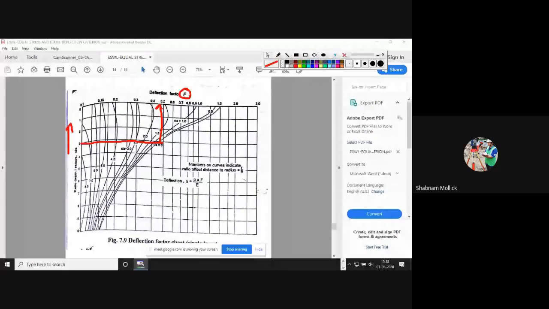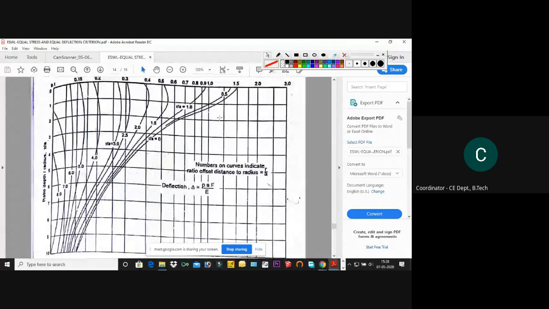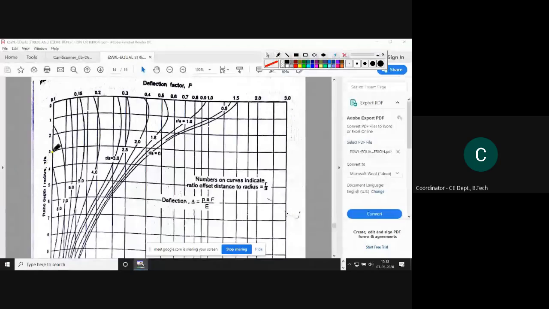Ma'am, could you zoom the picture a little? Okay, wait. Now you can see. For the first point, the problem is the same here also. So Z by A will be 3 only. For the first point from the left, Z by A will be 3, and R by A from the left will be 0 only. R by A 0 is this curve, the first curve only. So we will see where this touches the Z by A equals 3 line. It touches here. Now go vertically up, somewhere here. So it is about some point. I can say 0.48 here, 0.49. Okay, so I have taken 0.49.